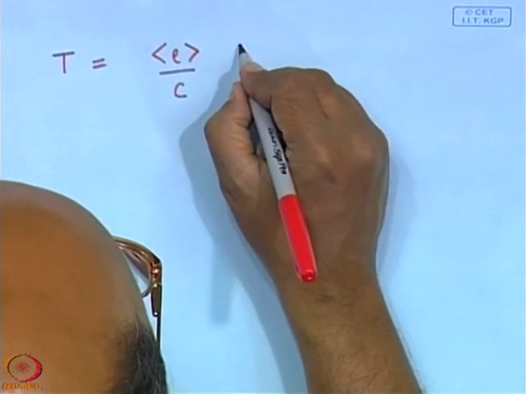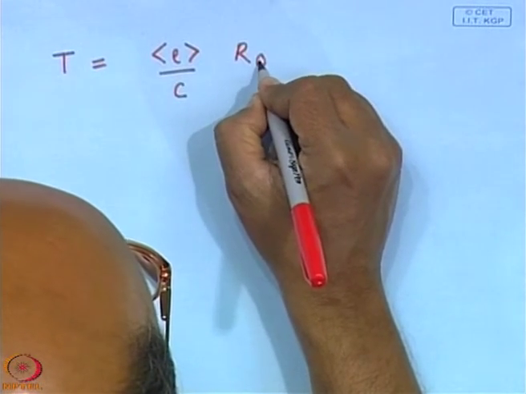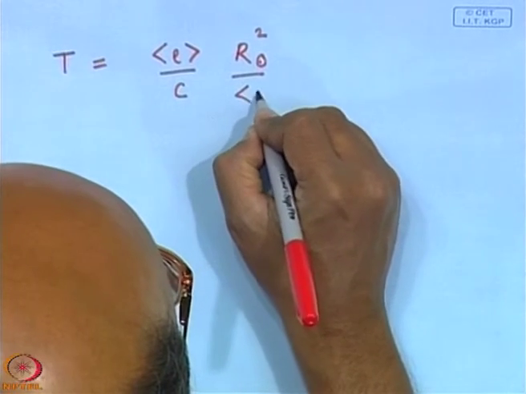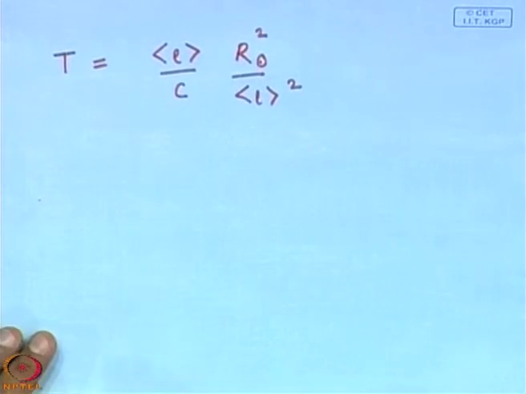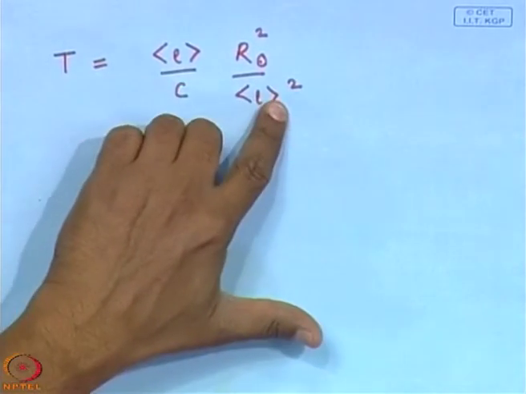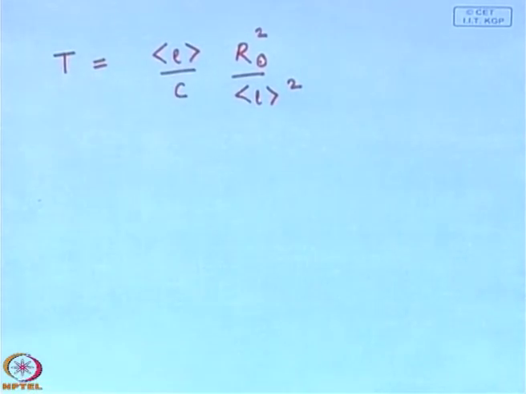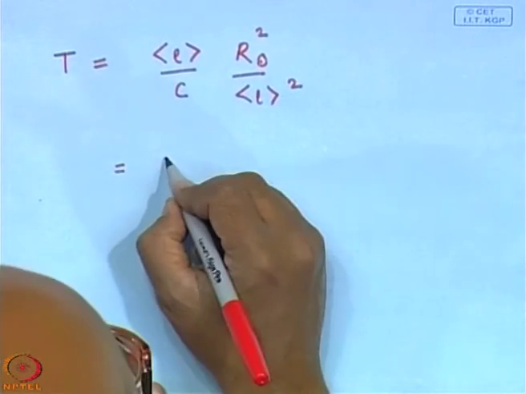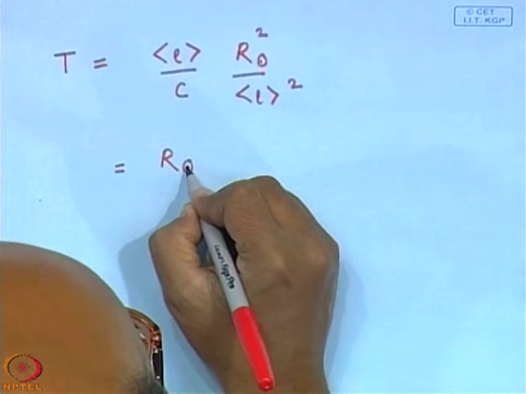This into the number of steps will give me the time the photon takes to come out. The photon does a random walk inside the sun, and finally at some time it will be out in the course of this random walk. It has to take these many steps, and this is the time for each step, which we can write as